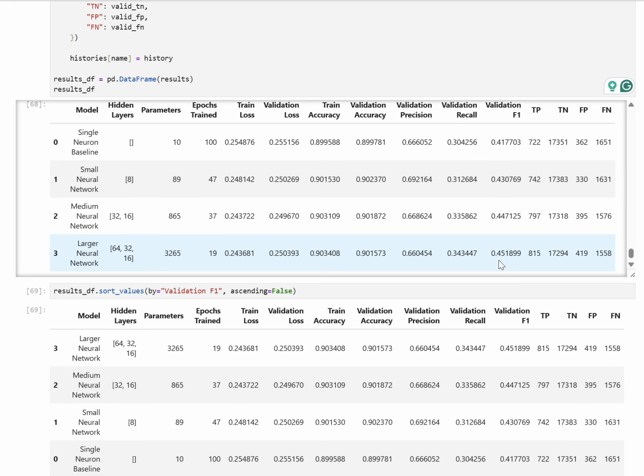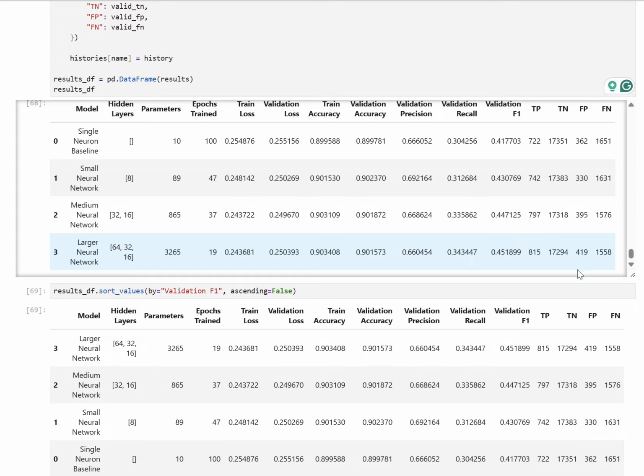I wanted to make the networks larger. However, just because of computer limitations, it just took forever. I think when I first tried running my code, I left it on for like an hour and it still didn't even finish. So I did have to adjust it. So I wish these could be higher, but 0.45 is not too bad.